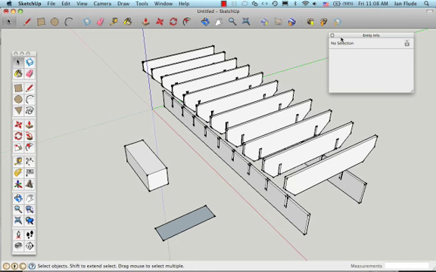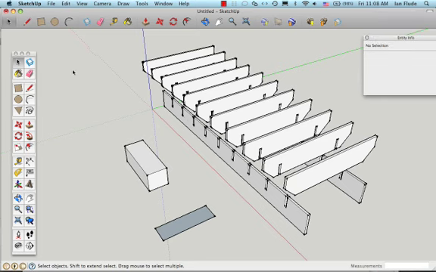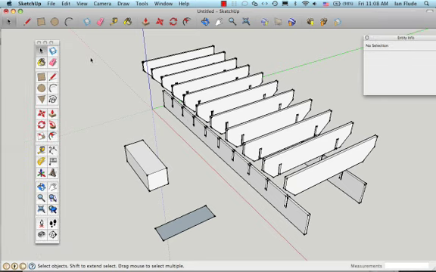So we're going to talk in this tutorial about the select tool, and that's this one here. It's probably the most basic tool that you'll ever use in SketchUp, but there are quite a lot of things that you need to know which will be really useful. So obviously the most simple use of the select tool is just to click once and to select an object,